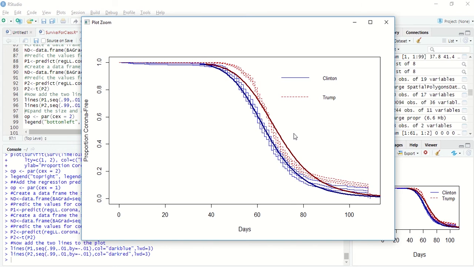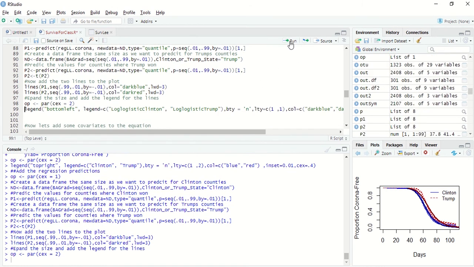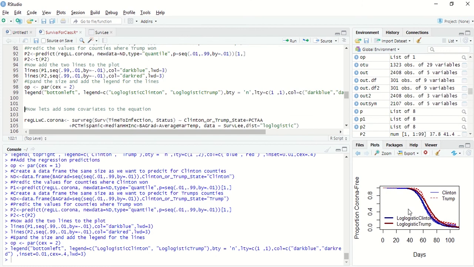But the parametric models do give us a different fit, and if you want to go down and run the Weibull model for the parametrics, it's actually quite different, all right? And I, again, added the legends at the bottom, which, there you go, Log-Logistic Clinton, Log-Logistic Trump. So that's our Log-Logistic. We were able to do the same kind of models that we were using to predict deaths, and lots of people have found them popular. They tend to have a nice S shape, fit the data relatively well,